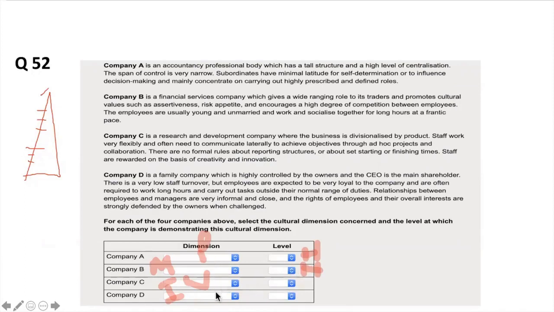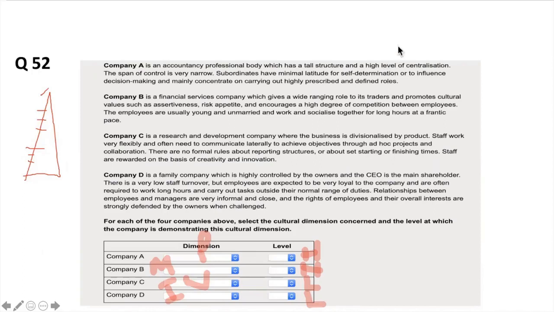And in the other two examples, company C, the research company, as I said, the uncertainty, that would be kind of low. That would be the low level in that sense, because it's not clear as much. It's not to the higher extent of being open to uncertainty or liking it. And finally, in terms of the individualistic way of a culture, I would also say low in company D. And that's because we do have information, but it's not clear that everyone is looking out for themselves, and they're not as collectivist as they probably could be.